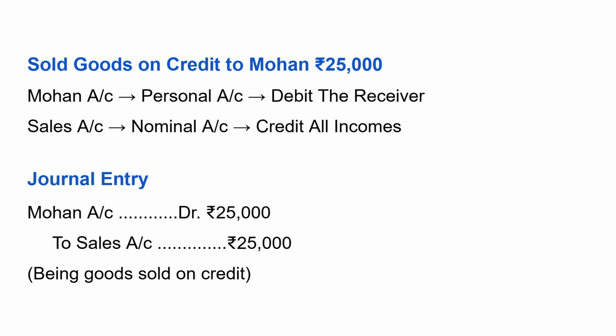Now Mohan becomes our debtor because he owes money to us. We have sold him goods, but he has not yet paid us the money. So he owes us money. So it is a credit transaction. If he would have paid us the money, we would have taken cash account debit to sales account. But since he has not yet paid us the money, we have taken Mohan account. In future, he will pay us. Next,